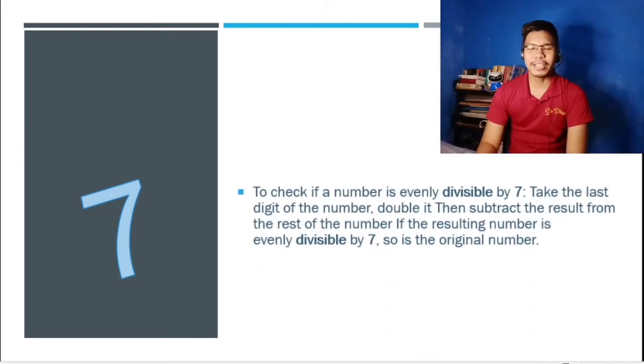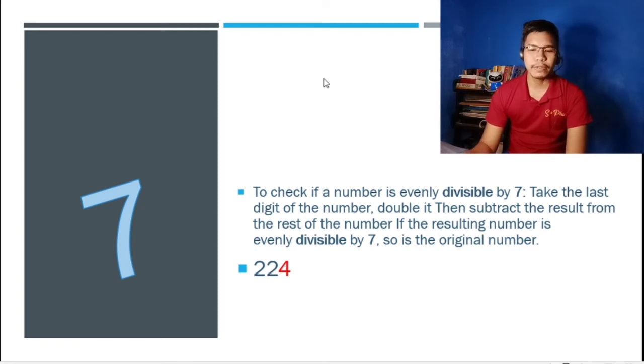To check if a number is evenly divisible by 7, we take the last digit of the number, double it, then subtract the result from the rest of the number. If the resulting number is evenly divisible by 7, so is the original number. Let's say, for example, we are given